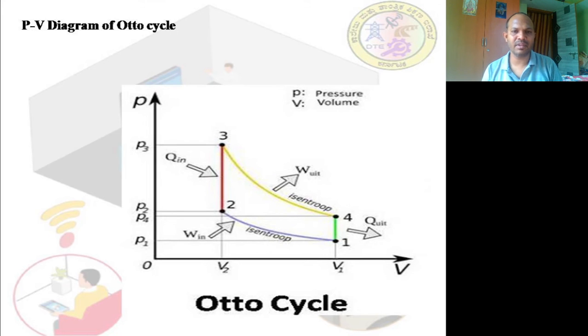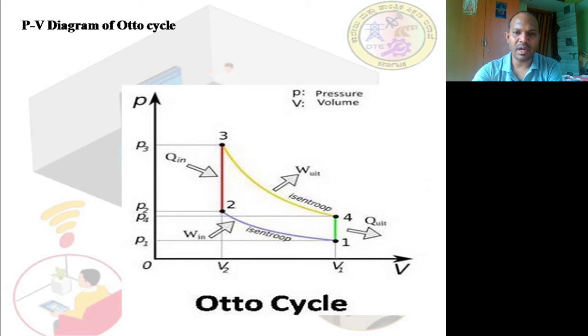It is nothing but an isentropic process, also called a reversible adiabatic process. An isentropic process is one in which the entropy remains constant. That means the entropy remains the same while the temperature keeps increasing. Okay, it is at the pressure P1. You can see this pressure P1 at which the petrol and air mixture will be taken inside.